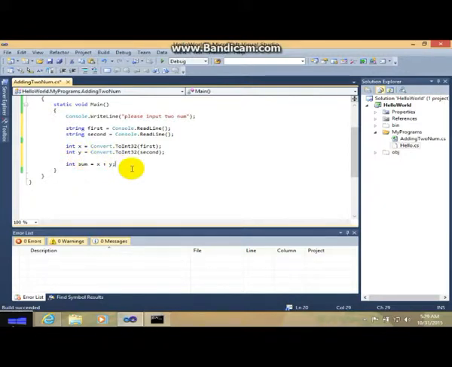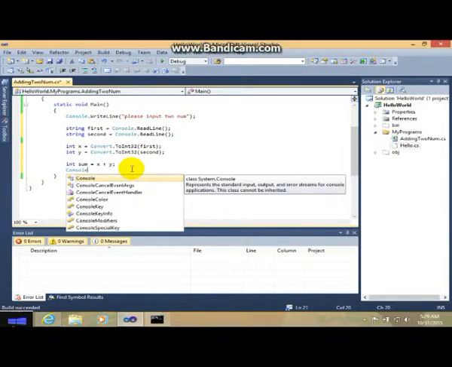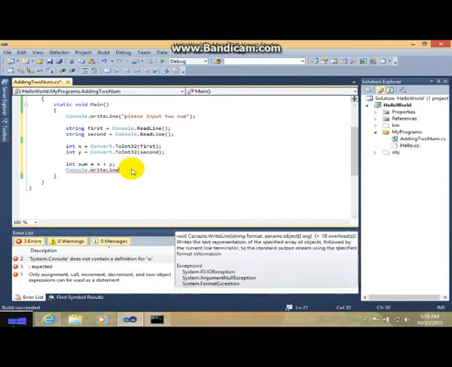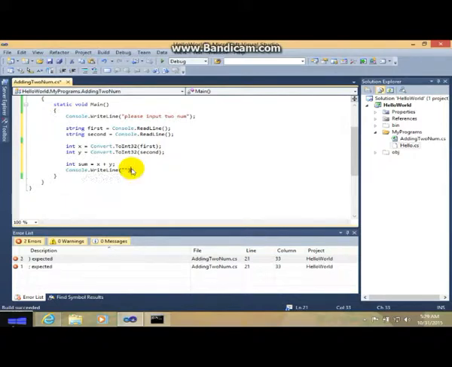So go ahead and display that with Console.WriteLine, and your fancy name like what we did last time. We want the sum is equal to, we use plus as a concatenator, and plus sum, and we're good to go.